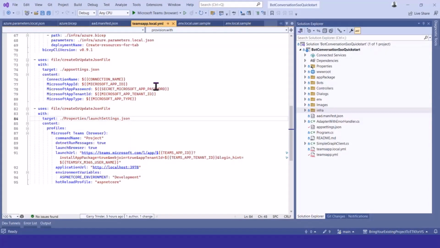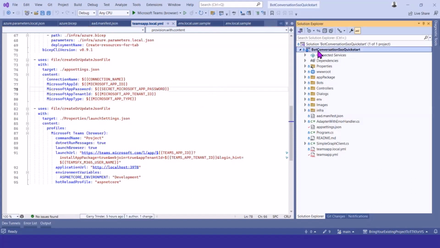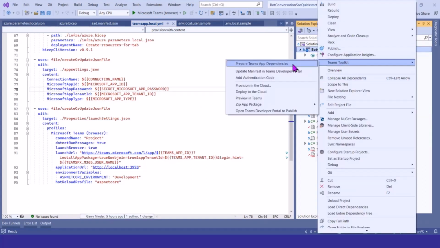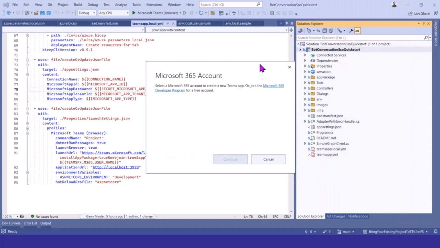So after doing all of those updates, what that means is when I come to Teams Toolkit and hit Prepare Teams App Dependencies, I get this little dialog asking which account do you want to use. So this is the tenant that it's going to start provisioning these items against. It's going to provision everything if it doesn't exist, but if it does exist, it's just going to make amends